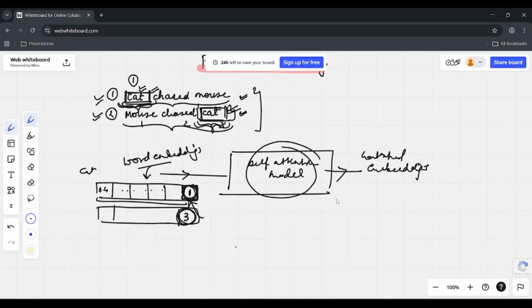But we have one problem here. And that problem is that these sentences are very small. Consider a very big document that has more than 100 words. The problem with this approach is that this number can go up to any number. It's unbounded. It can be 100, it can be 1000, depending on how many words are there in my sentence, in my paragraph, in my document, right?